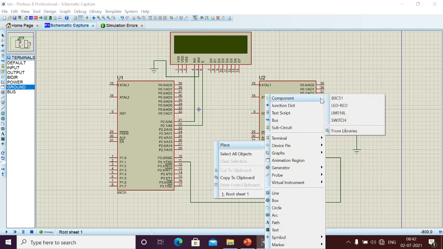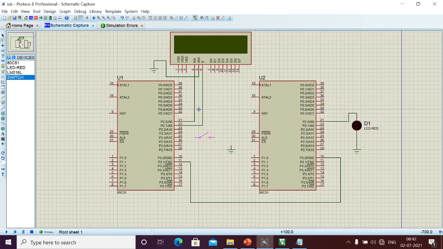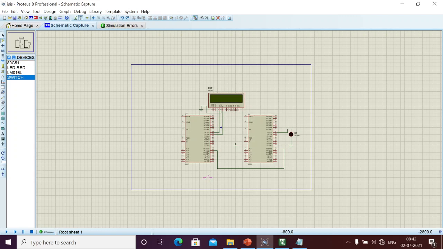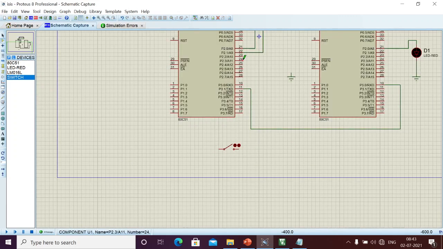Here I will take the switch again and connect it like this. It is a bit confusing here, so I will connect 2.5 here, and place it so it will be very visible. 2.5 I will connect to the switch, and the other end I will connect to the ground.